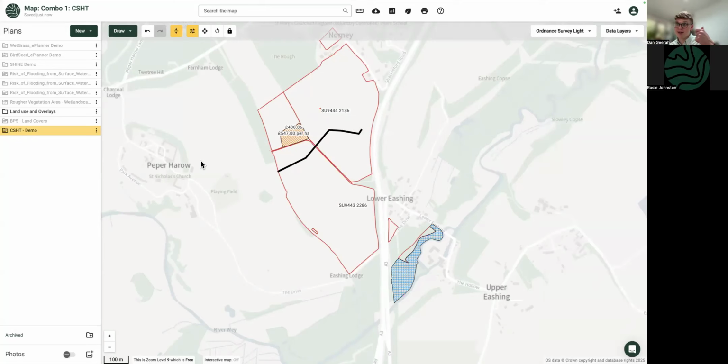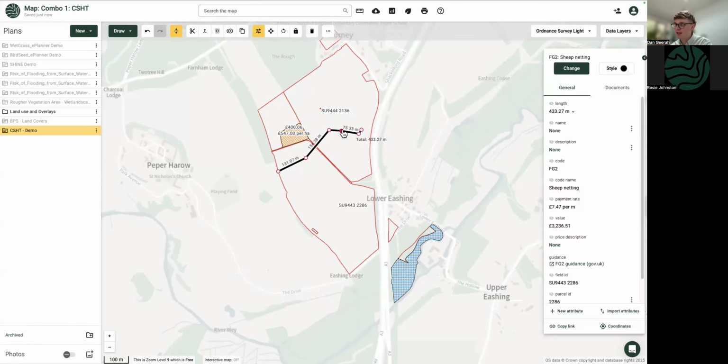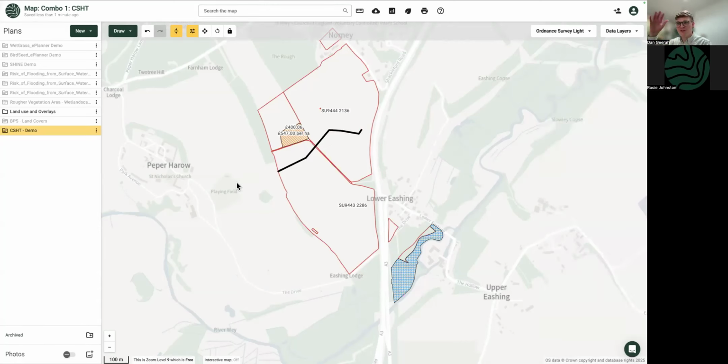The validator, when you run it for the higher tier, will split the fence in two and correctly assign the field ID to that particular fencing option. But you can imagine, zooming forward, you've done this design, you've added your buffers, you've added your field parcels, you've done all your different capital items. You've then got at least some view of what that higher tier may look like.